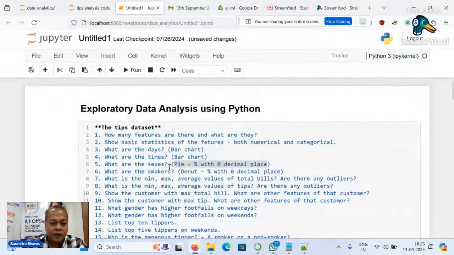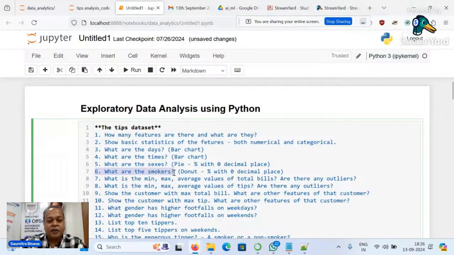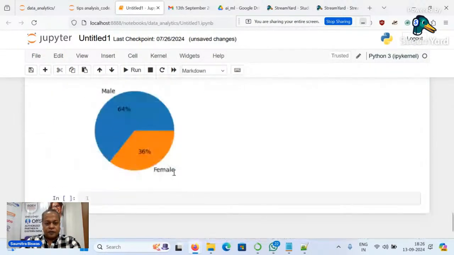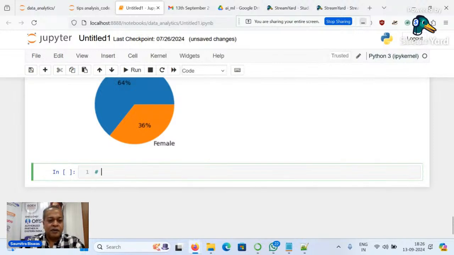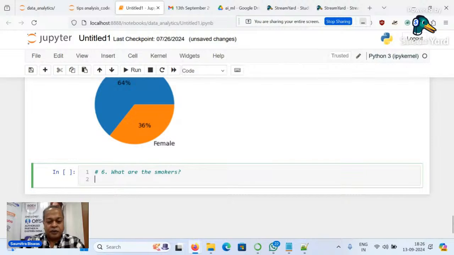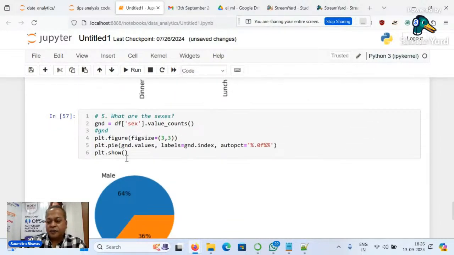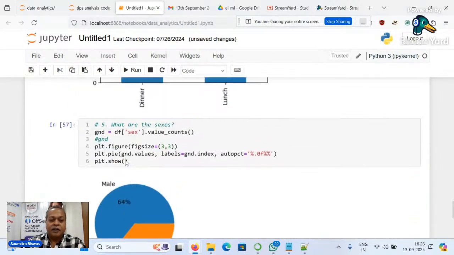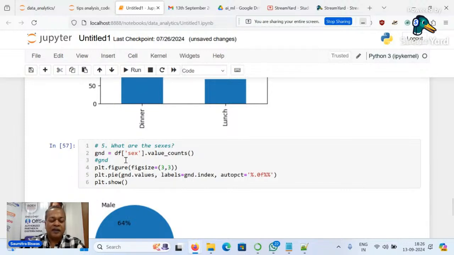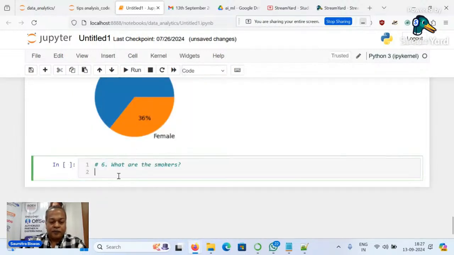So let's move on to the next question. What are the smokers? Means we want to know the distribution of smokers. How many smokers we have as customers, how many non-smokers we have, and so on. So the approach, again, will be the same. Once we know how to compute something, although the questions are different, your approach will almost be the same. So let's say SMK equals df dot df smoker